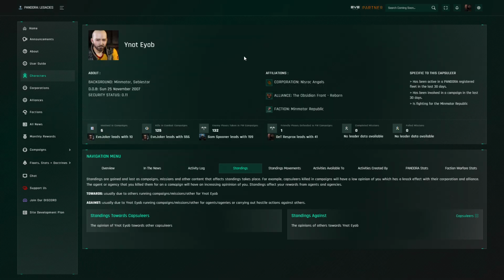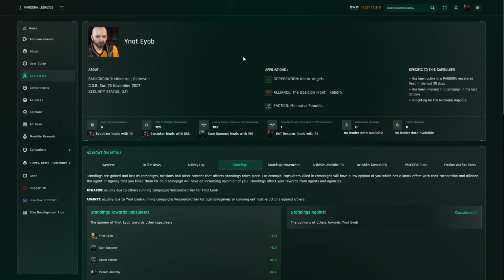The standing system within Pandora, so as you take part in campaigns, missions and other content for an agent, which Why Not is, you will gain and lose standings with this agent, and you can see that there are towards standings and against standings which reflect working for this agent, or if this character has been involved against other